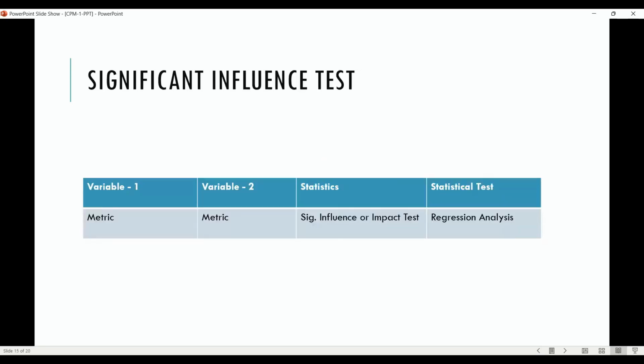And in case there is a significant relationship between both the variables or n number of variables which we have considered for the study, at that point of time, we will try to identify the dependent variable and independent variable and we will perform a regression analysis through which we may be able to identify how far one variable is influencing another variable.